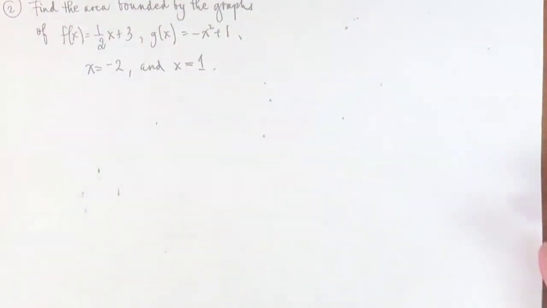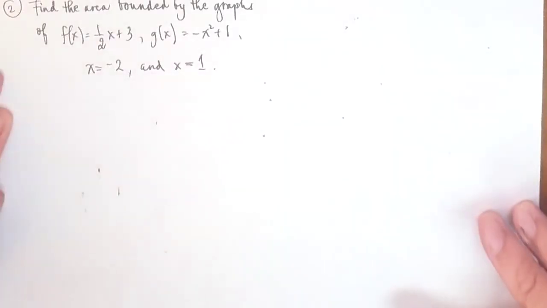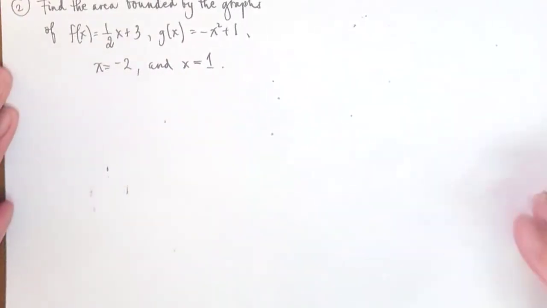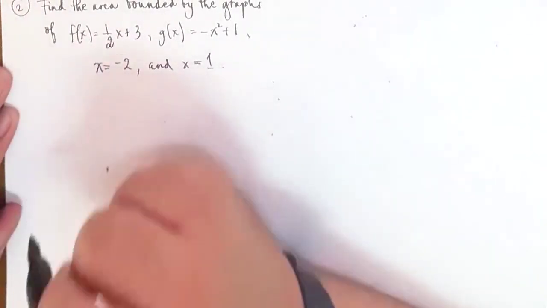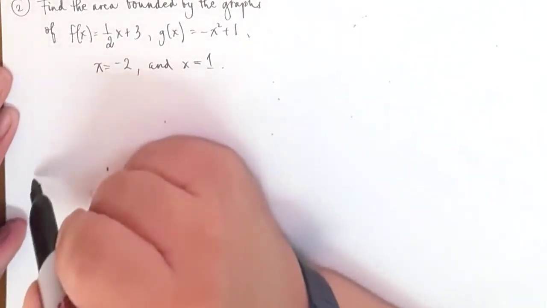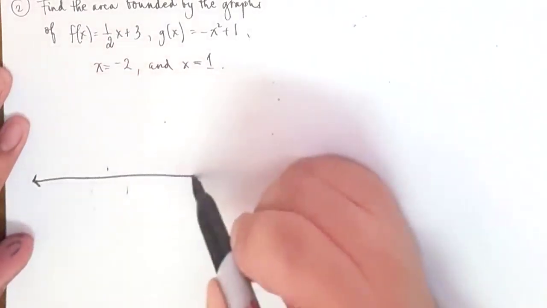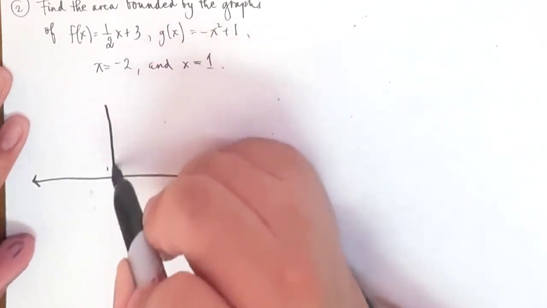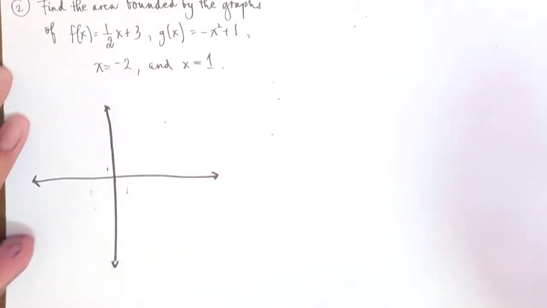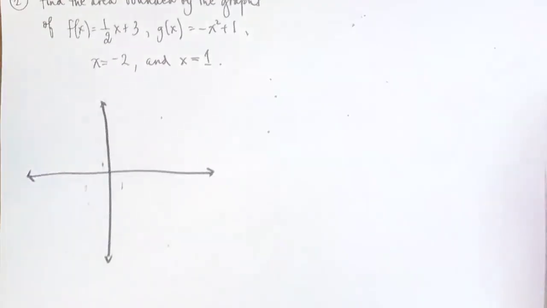Now, you can graph this. You can definitely graph this, in which case, what do we get? The graph of 1 half x plus 3 is